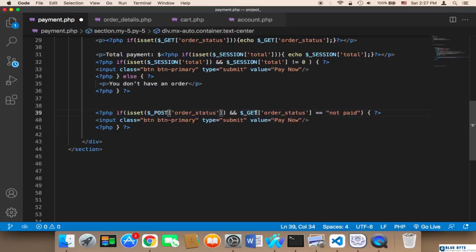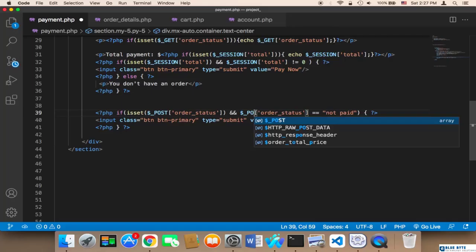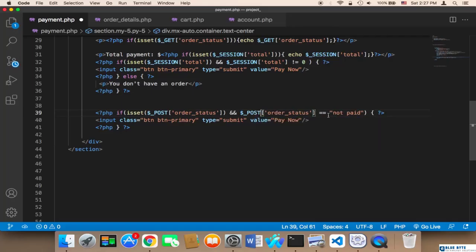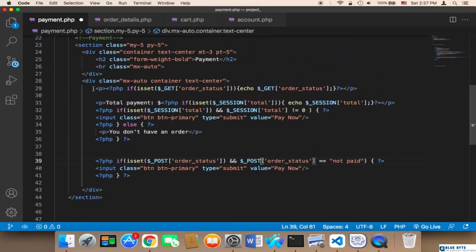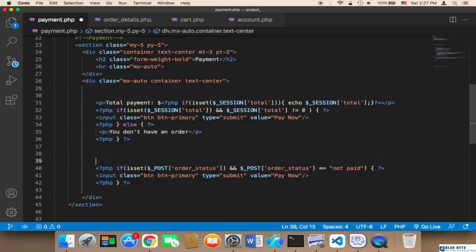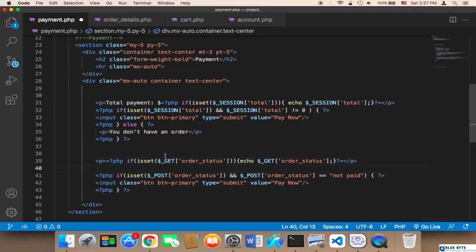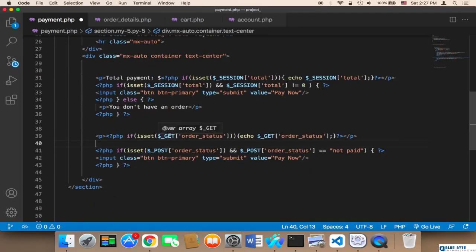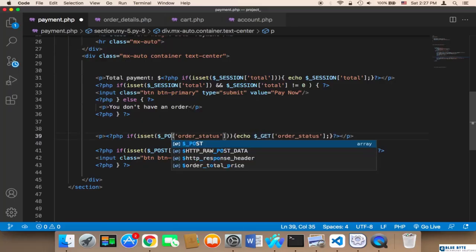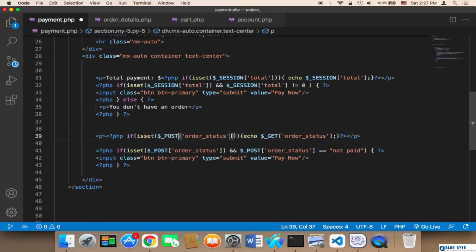Let's say post. So if the order status is equal to not paid, we need to display the button. And also here, let me move this line of code and paste it above this. And here if post order status is set, we need to say order status. Here post order status. Similarly with the